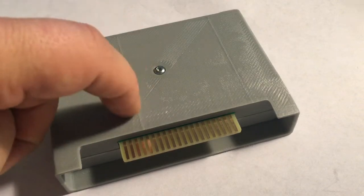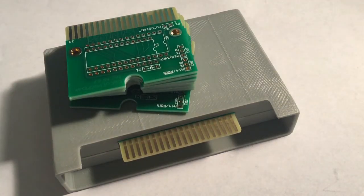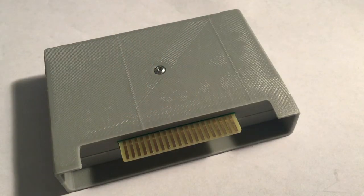This particular cartridge here, I think it's Kids on Keys. It's a little fun typing game. It was just something to try out with the board, because I just recently got a stack of these PCBs. Whenever I say stack, I mean I got a stack. I may even end up selling a couple of the boards. The great thing about the general public licensing is that I can sell these boards even though somebody else is the author of them. So I may end up doing that, but we're going to get onto my computer and our screen capturing software,